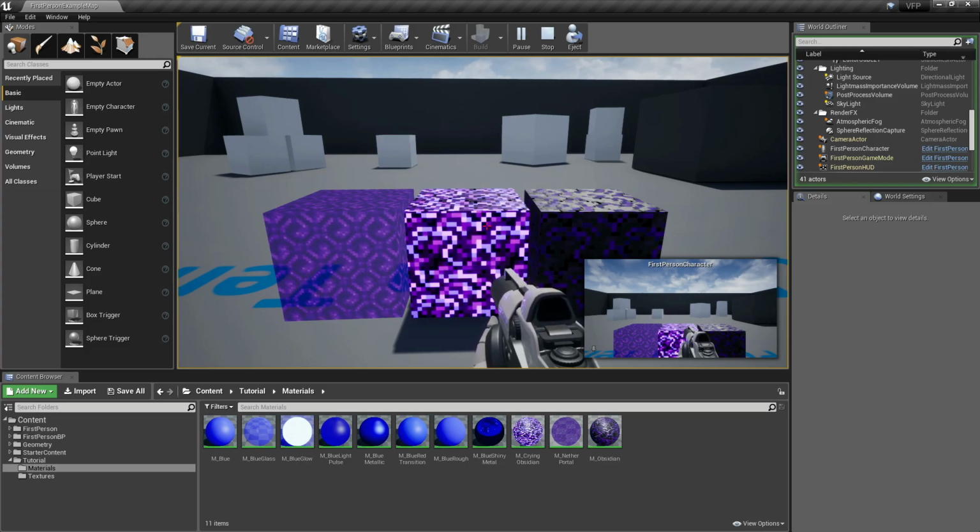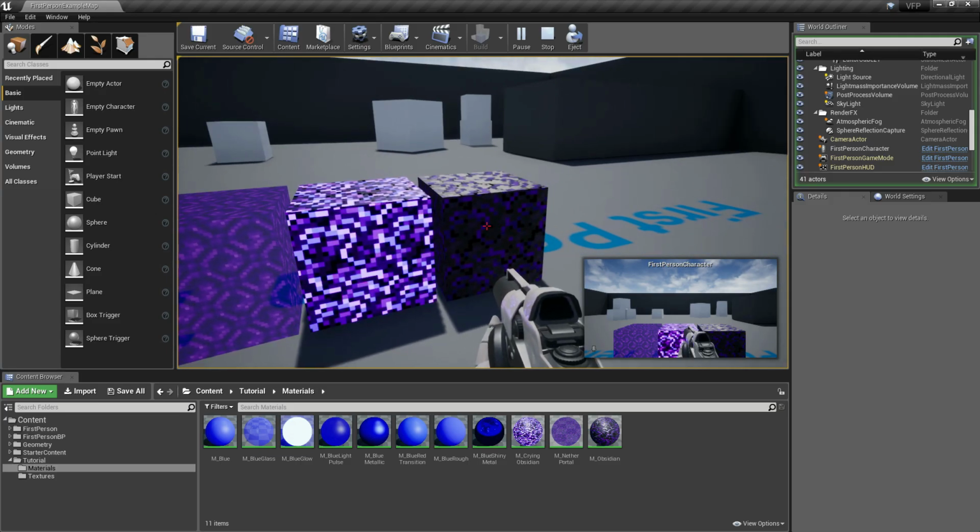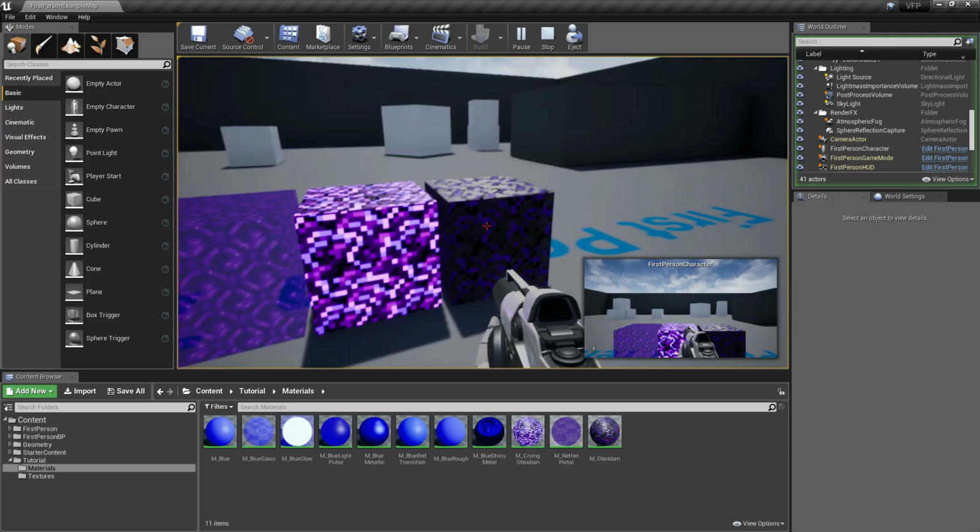You'll see what I'm talking about when we apply this on the nether portal. But first we're going to apply this node in the obsidian. So let's start applying this in this one.